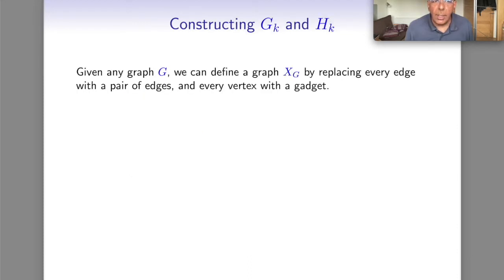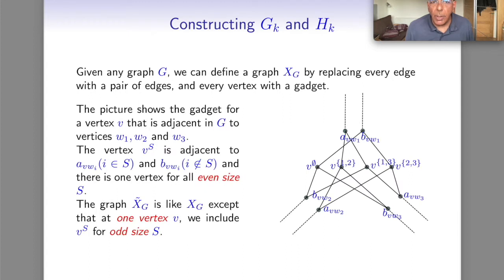We had a look at the construction of the graphs. We start with an arbitrary graph G, and for an arbitrary graph G, we can define a graph XG, where we replace every edge with a pair of edges and every vertex with a gadget that looks like this. It has two, what we call outer vertices, for every edge incident on the vertex V, and a collection of inner vertices, and there's 2 raised to the power d minus 1 of them, where d is the degree of the vertex. One for every even-sized subset of the neighbors of V. Okay, and these ones are connected